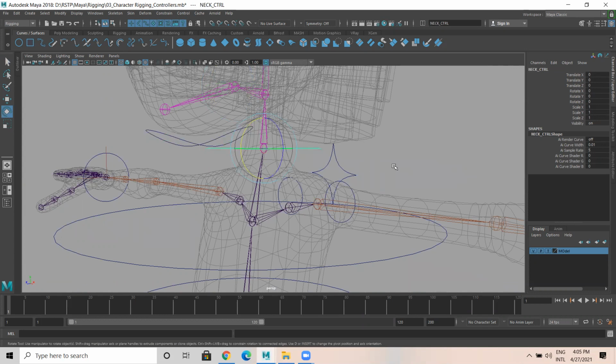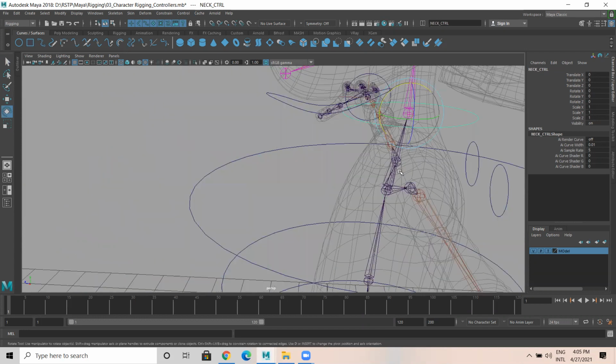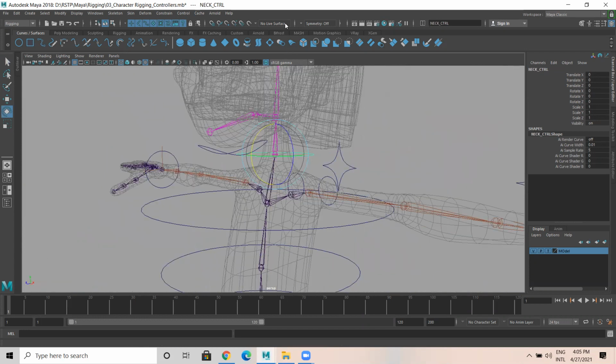Okay. So the next part is the clavicle. Okay, we'll work on the clavicle.